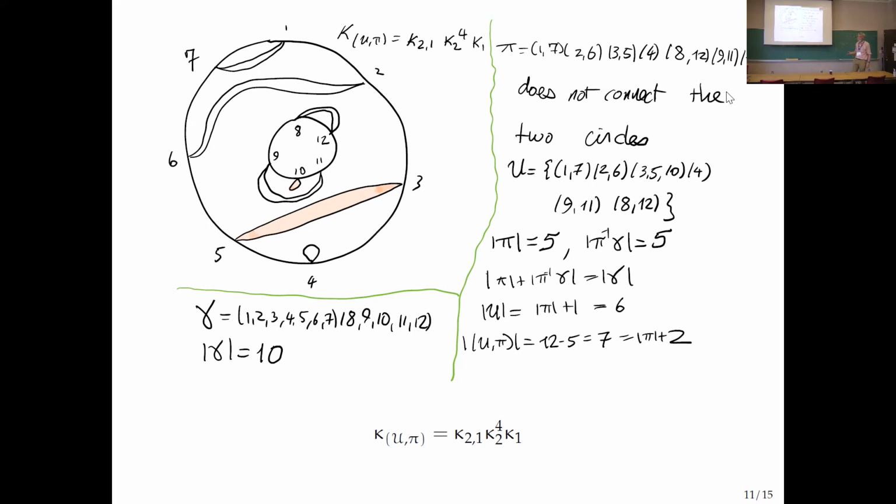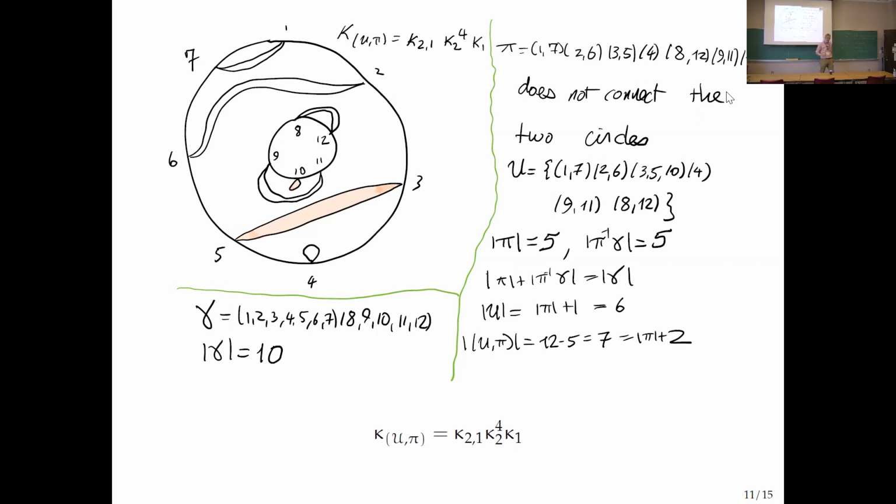And here I just computed and showed that the geodesic equation is satisfied. Okay, it's an easy thing to do. And then the question is, what is the contribution of this picture? Well, I have these marked blocks, one of size 2 and one of size 1. So I get a kappa 2, 1. And then I have 4 blocks, each of size 2. So I get a kappa 2 to the 4th power. And then there's one other block, namely this little 4 at the bottom, which has 1 element. So I get a kappa 1.